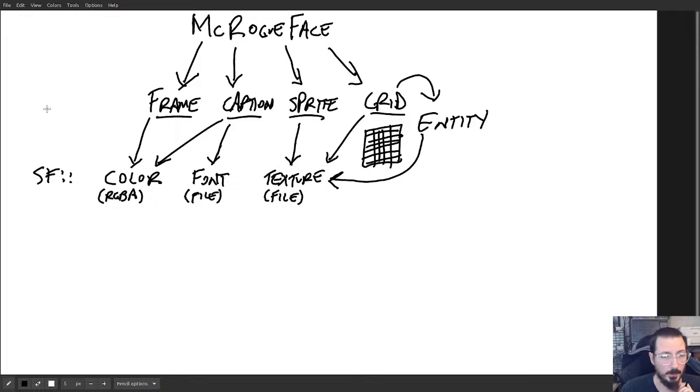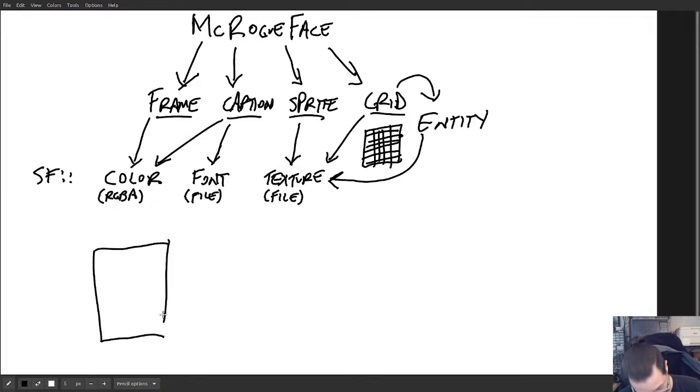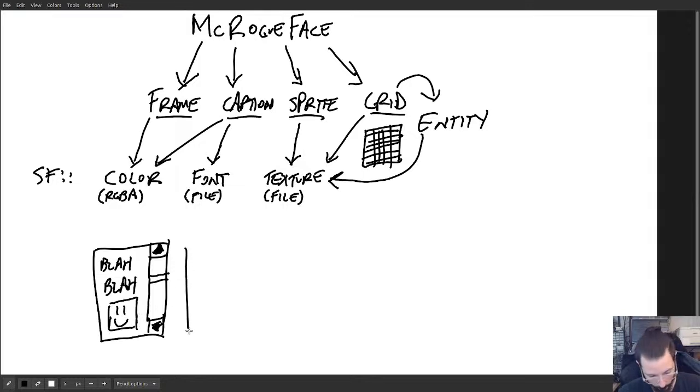Some other questions: what about scroll boxes, or keyboard events? I want to do that stuff. What about drag and drop items? So let's say you had this idea for a scroll bar, and then we have some content here, like a picture of a dude, and you want to be able to scroll down using this. Well, what I see this as is,